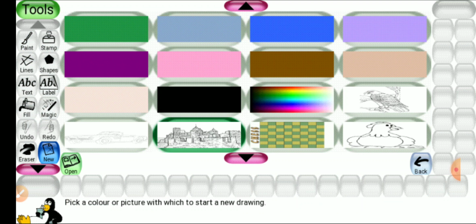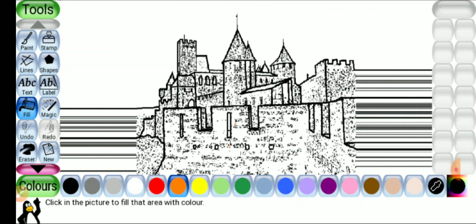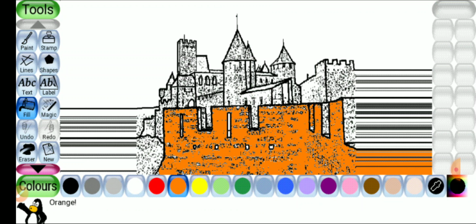Let us take a castle, color it. To fill color, click on fill tool, take a color, take another color.